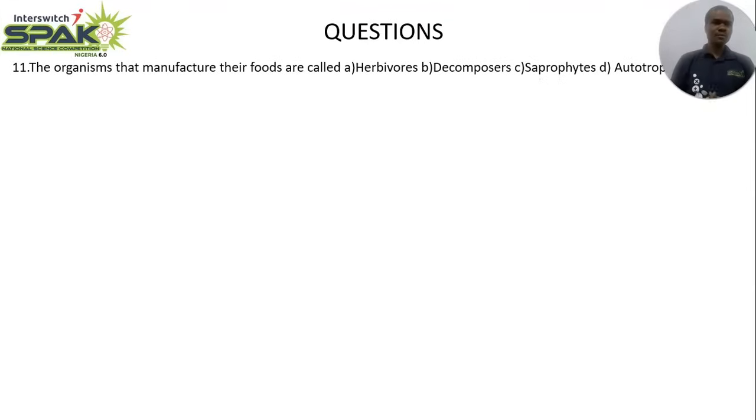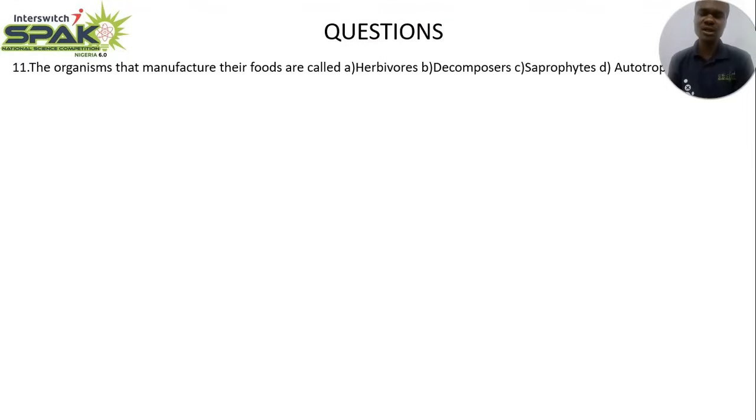Next question says, the organisms that manufacture their food are called dash. A, herbivores. B, decomposers. C, saprophytes. D, autotroph. Herbivores feed on herbs. They are primary consumers. Decomposers bring about the decomposition or breakdown of dead decaying organic matter. Saprophytes are also decomposers. But autotrophs are organisms that are able to manufacture their own food using the light energy of the